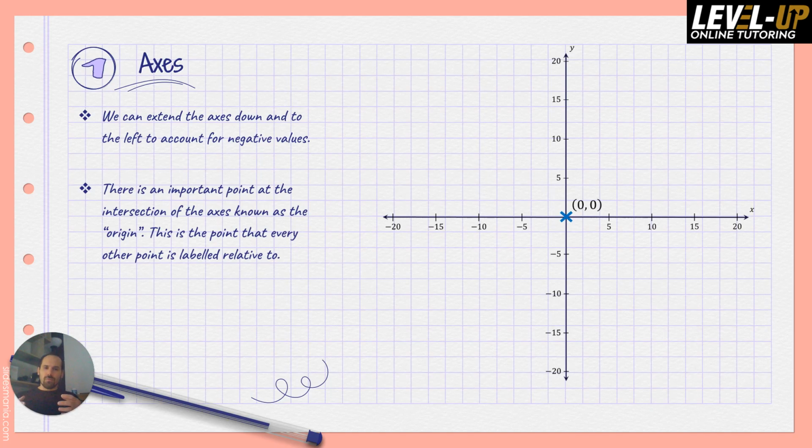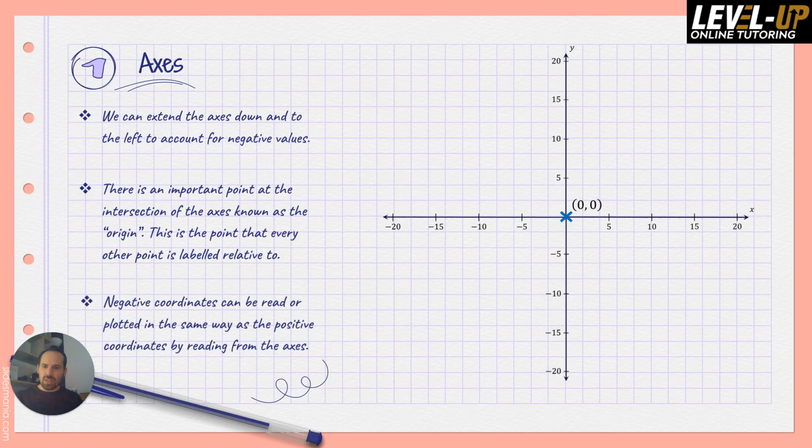And this is the point from which every other point is being measured, or rather, everything is relative to that point. So negative coordinates can be read and plotted in the same way. So let's plot a bunch of points like this. We've got one in each of the quadrants, for example. And so this is how we define some kind of space, where we can view the relationship between two variables,